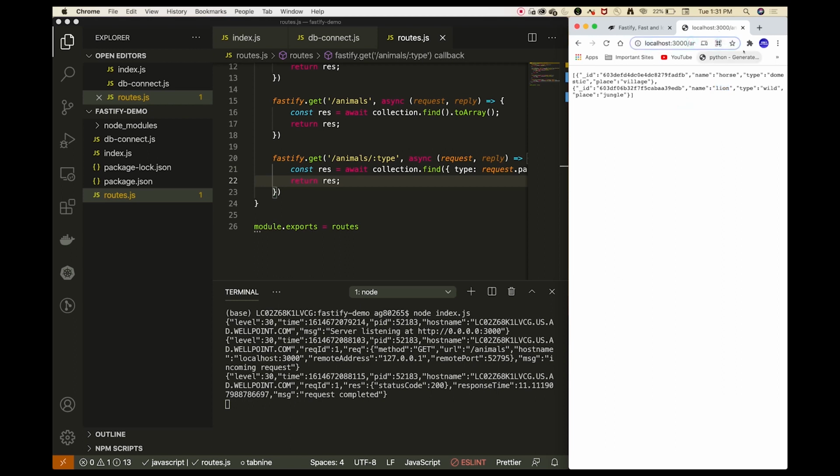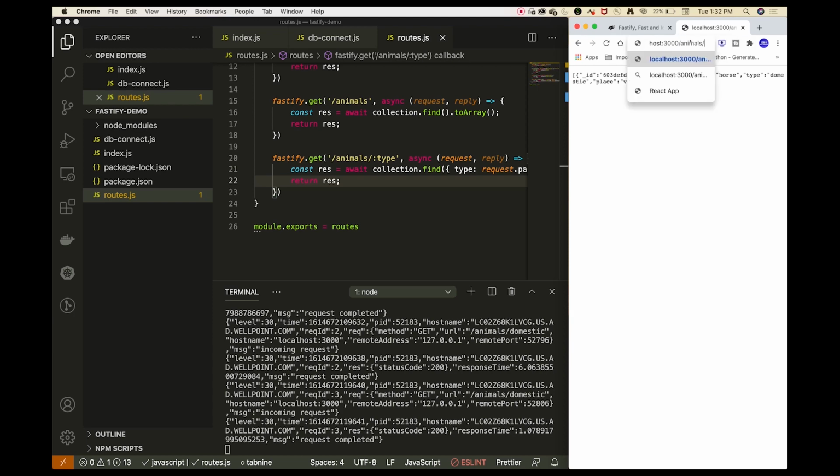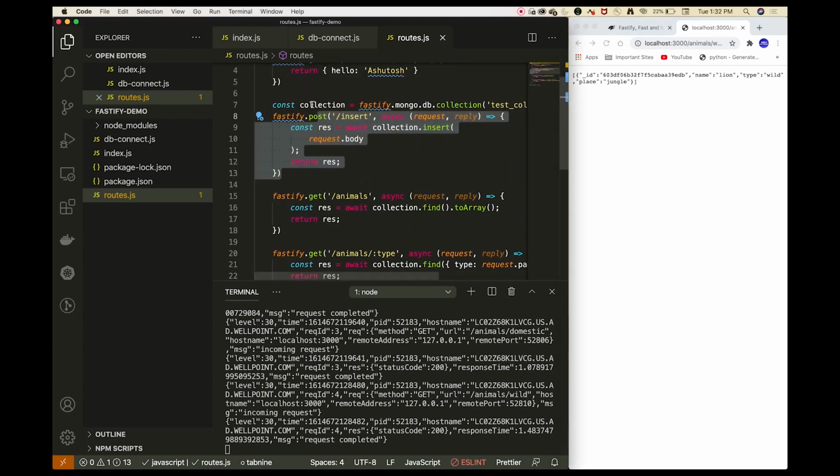Then what we'll do is, after animals, after slash, we will define domestic, and it will give me only one document, that is horse, because horse is the domestic type and lion is not. Similarly, if we want to see wild animals instead of domestic, then you can just put wild and it will give me lion because it is of type wild. So this was about filtering and fetching the data, and also about inserting the data in MongoDB.